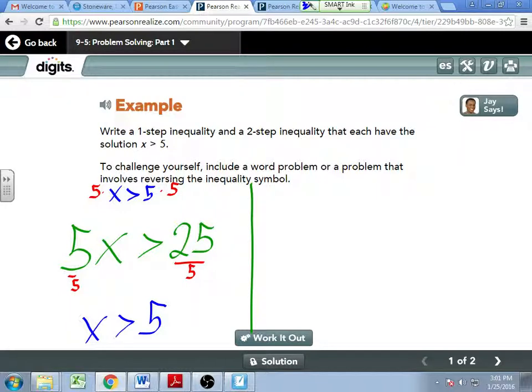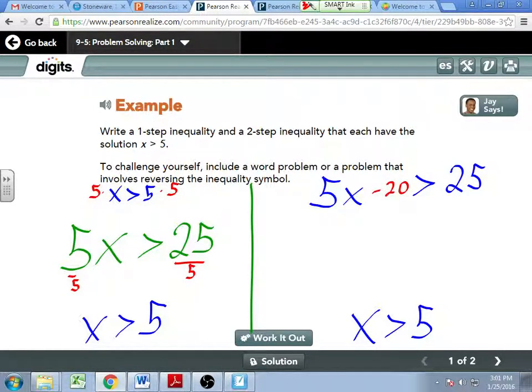We want to do the same thing, but we want to make a two-step inequality that equals x is greater than 5. So actually, to make a two-step, we can just take our one step and make it a little bit more complicated. So I'm going to start with 5x is greater than 25, but I'm going to do something to both sides now. Ty? Subtract 20. Sure, if we subtract 20,